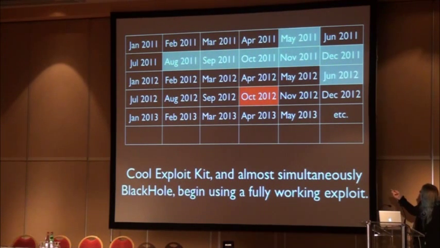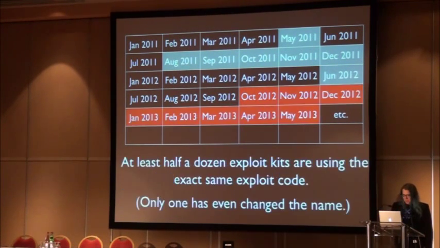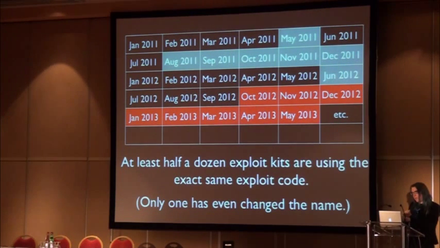So this is when the big news was when it was released. Both the Cool exploit kit and the Blackhole kit, which are apparently almost the same code base by the same author. So it makes sense that they both came out simultaneously because it's kind of the same thing. I think one of them sells for more than the other, which is why it's branded that way. And after that, basically everyone copied, because all of the exploit kits copy all the exploits out of every other exploit kit,